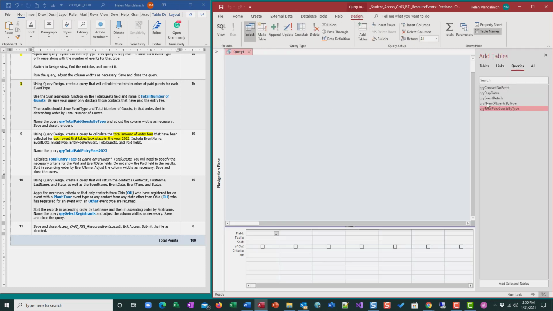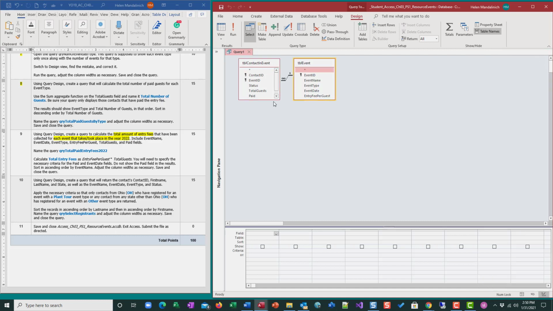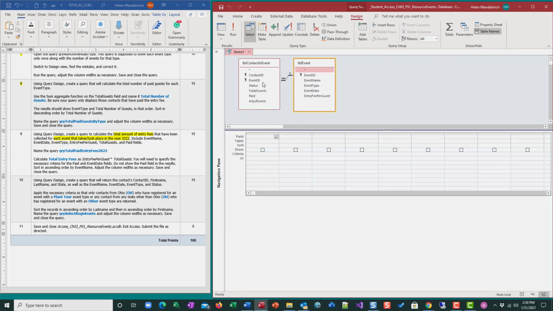Query design. So we want 2 tables. We've got contact in event and event. That has the fields that we need for this. And then we're going to come in the grid and we're going to just pop some stuff down here. Event name, event date, event type, entry fee per guest, total guests,